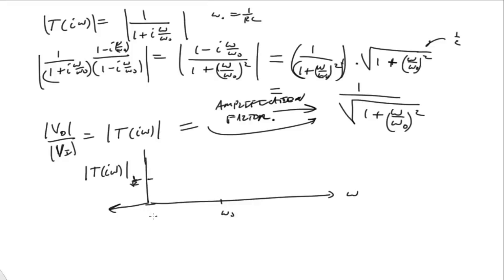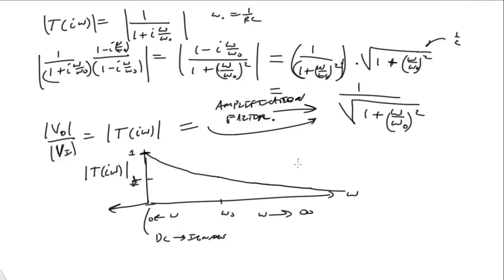All right, and we see that as omega goes to 0, we put that in there and we get all the way to 1. So for DC signals, signals that don't oscillate at all, the amplification factor is 1. That means everything coming in here becomes the same amplitude out, so it's 1 to 1. But for values around omega naught, it goes down to this halfway point here, or close to halfway, 1 over root 2. And now, as we take omega going out bigger towards infinity, we see it decays away,